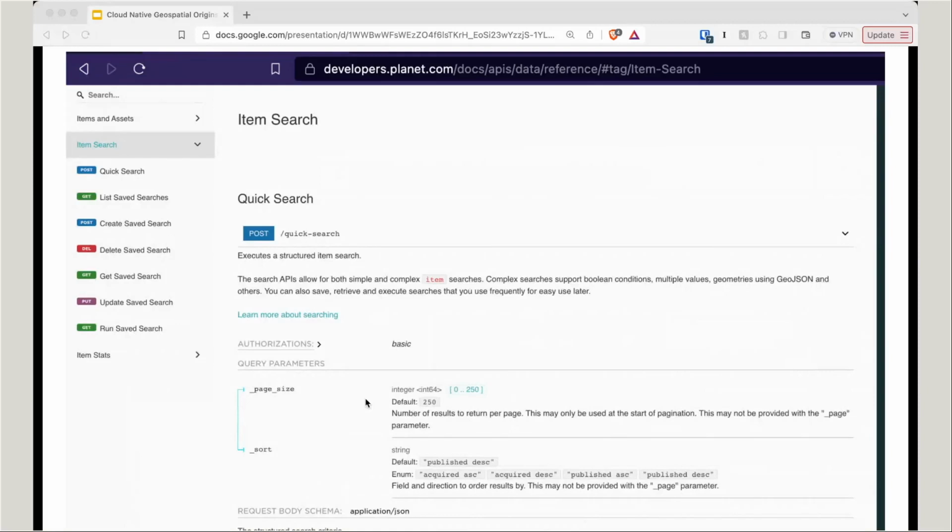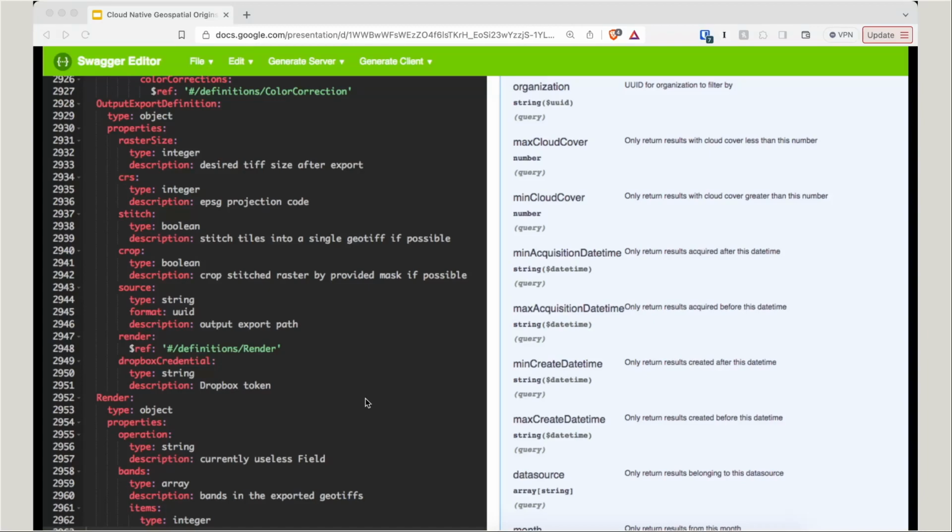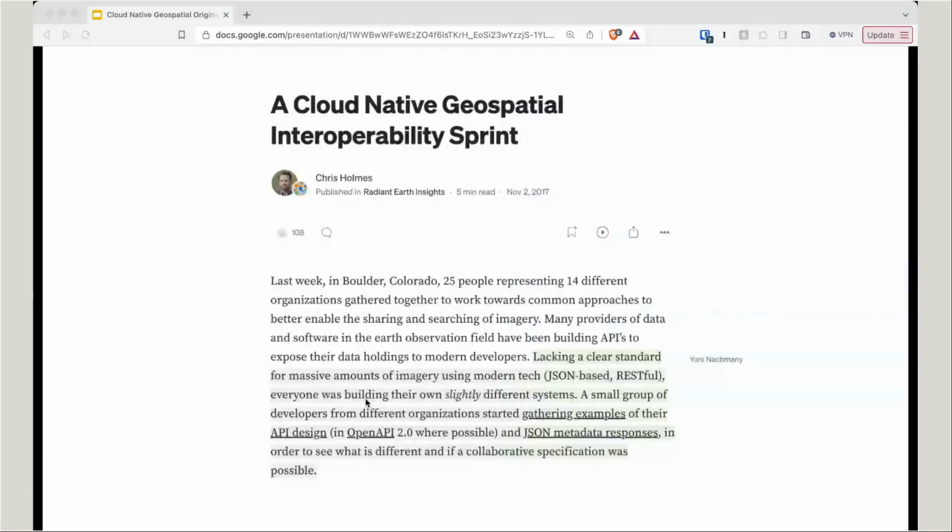But it felt like there was a real place for interoperability when searching for satellite imagery. So if as a user you wanted to get imagery, you would have to either pick one provider or go to lots of different sites to be sure you were searching for all the imagery in that area. And the situation was even worse for APIs. Everyone had JSON, but slightly different APIs, different ways of representing the data.